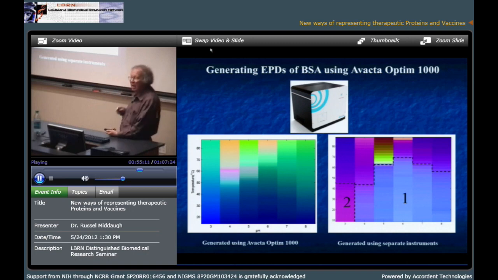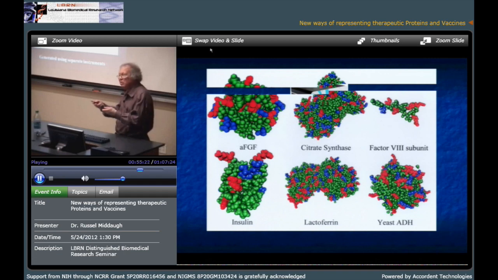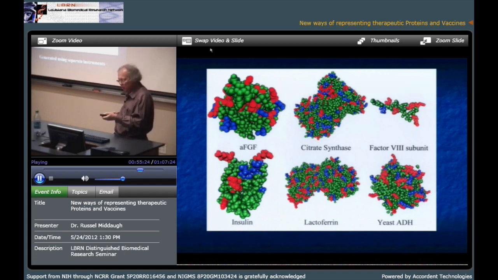So you can measure multiple fluorescence signals plus light scattering and make phase diagrams out of that data. And this is the highest throughput of the three instruments. I don't know if you noticed or not, this is all the same protein, and all three phase diagrams look the same. It works perfectly well. And furthermore, we've compared them to single instrument phase diagrams. They all work well as well.